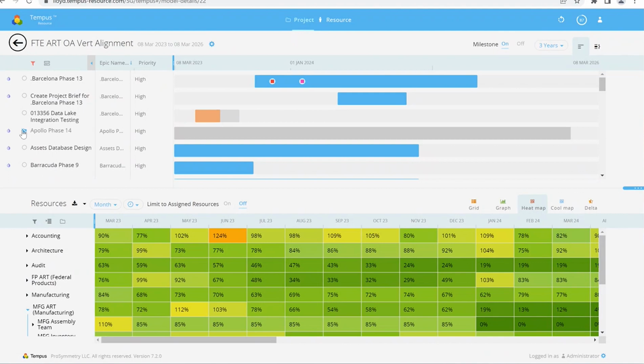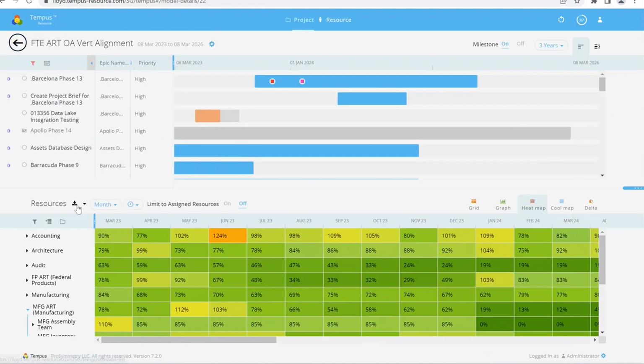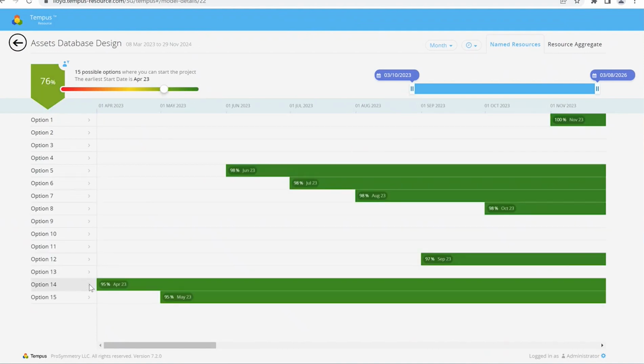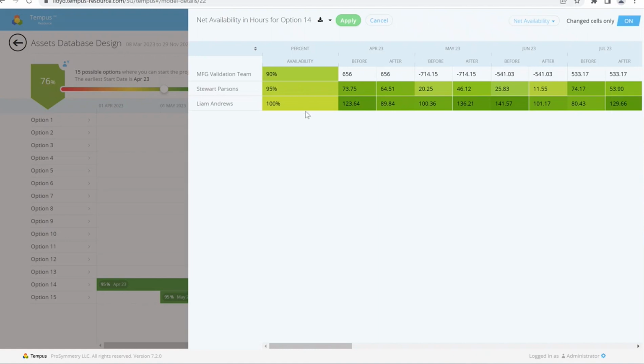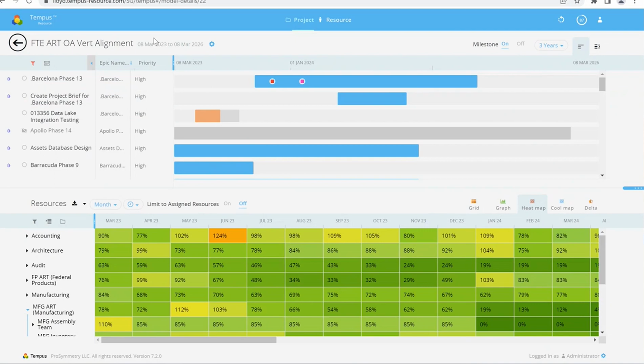And then come back here and say, where can I slot this work in? Show me where I have an opportunity. It says here I can't start this until April, but what happens if I only need half of my resources? Then, do I have the chance to push that up any sooner? Let's grab another project here, this assets design database. Let's go see when we might be able to start that. And if we have less than 100% of our resources, we can likely start it even sooner, knowing that we're going to be short a little bit on our manufacturing validation team. So these kinds of tools allow planners to do real-time planning,